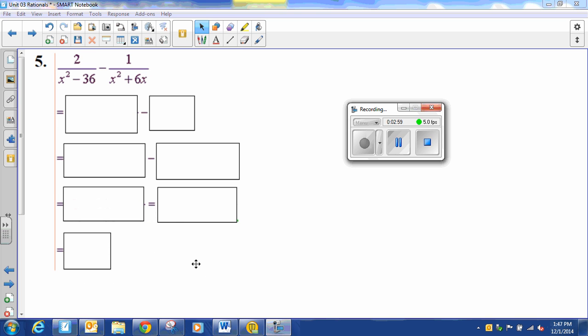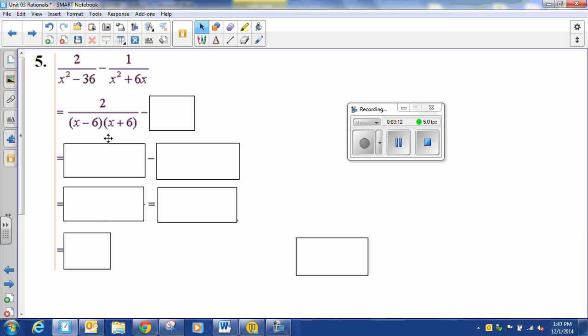Number 5, as you can see, we have denominators that are not common, so we need to create common denominators. Let's go ahead and factor x squared minus 36. We know this is the difference of perfect squares, so we get x minus 6, x plus 6. And over here we can factor out an x, leaving x plus 6. So now we know